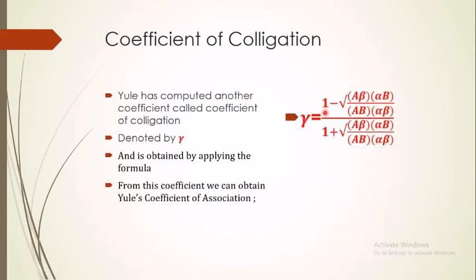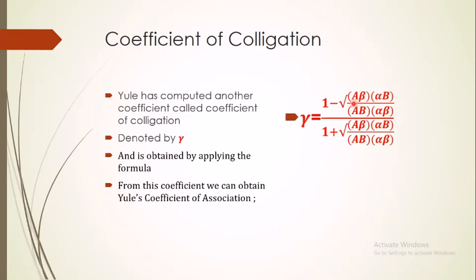gamma is equal to 1 minus root of A beta into alpha B, the whole divided by AB alpha beta, the whole divided by 1 plus root of the same term. This whole term is inside the root. Similarly, in the numerator also, this whole term is inside the root. So A beta into alpha B divided by AB into alpha beta. So this is the coefficient of colligation, and from this coefficient of colligation we can also obtain Yule's coefficient